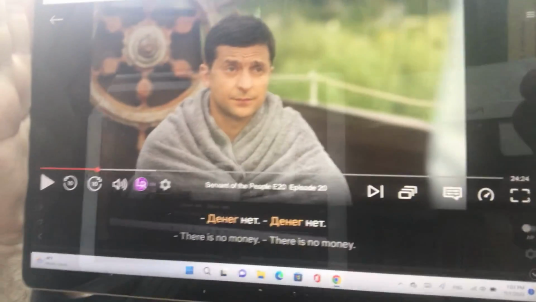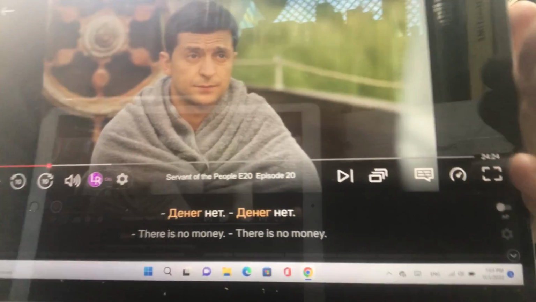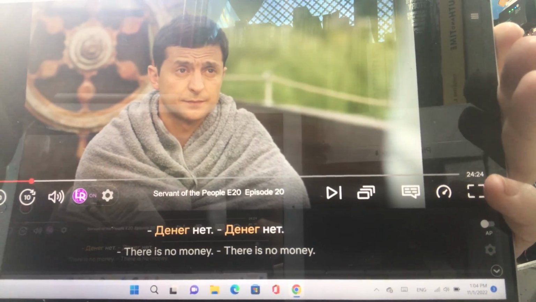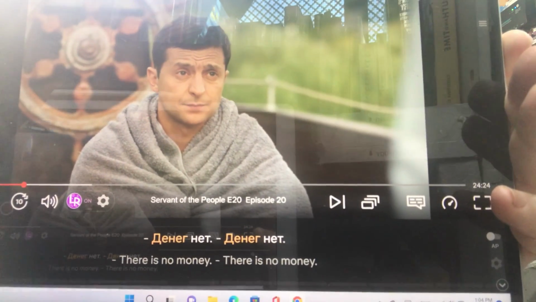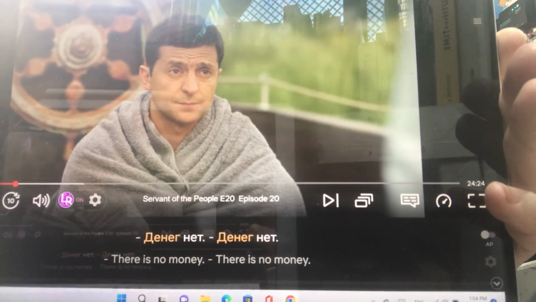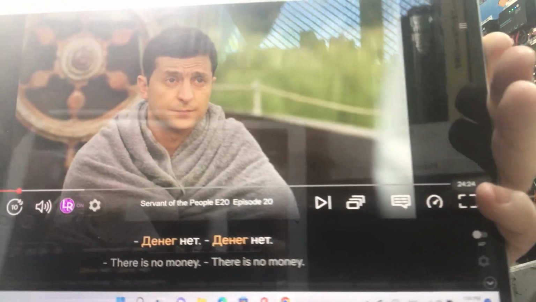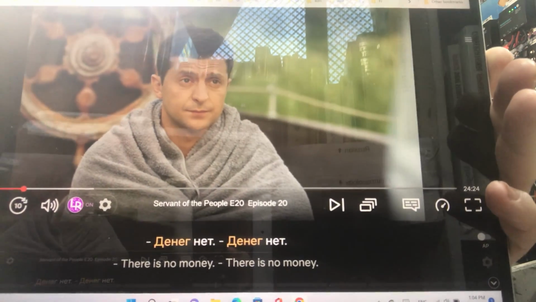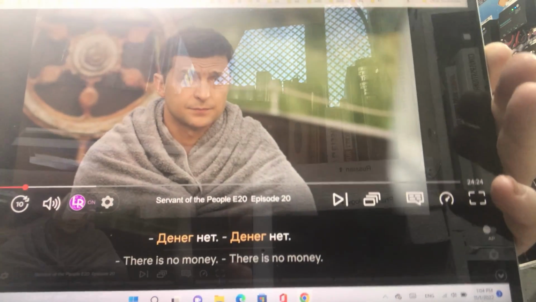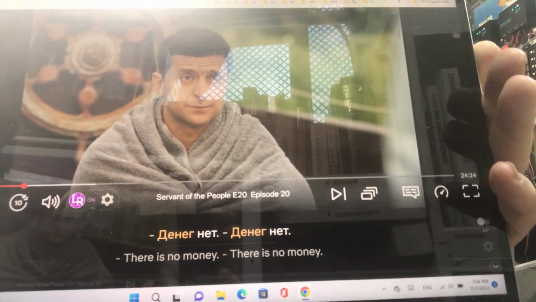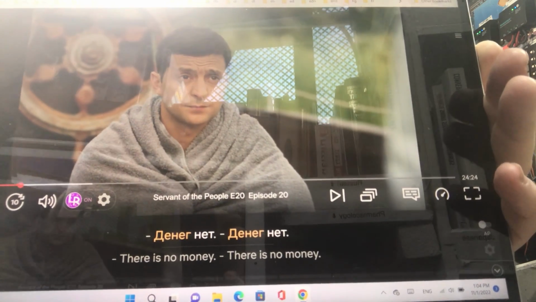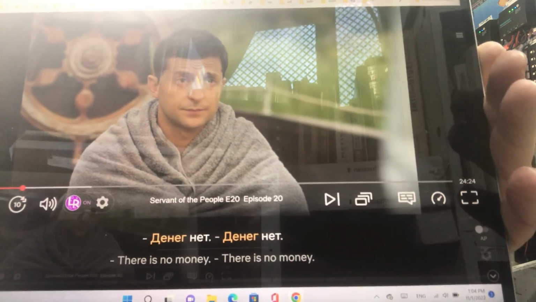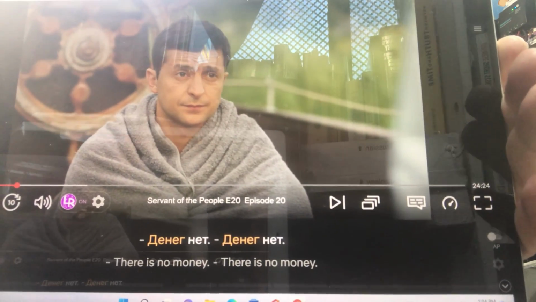look at the bottom. There's Russian, and then there's English. Two different lines. And actually you can have almost any language on either one of those lines. So if you were learning two different languages, you could put two different languages there. Like I could have the second line be French, for instance, or German. But right here, that's how I immerse myself in Russian. Watch Russian series and Russian movies, and I can see both the